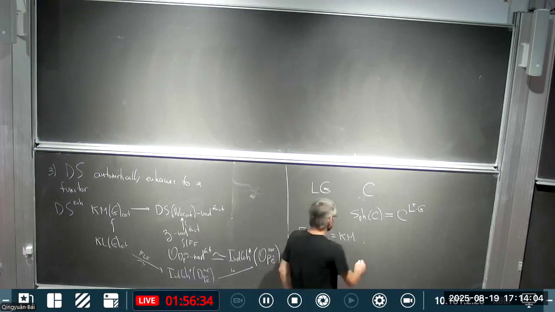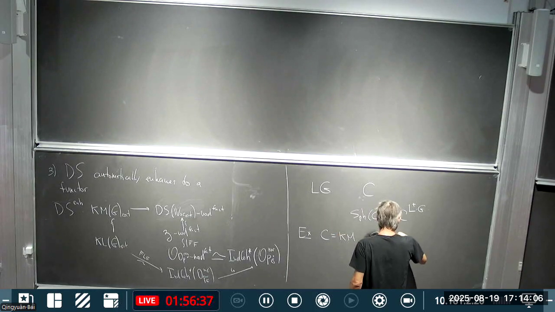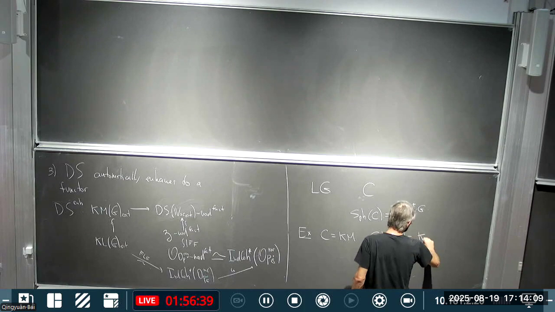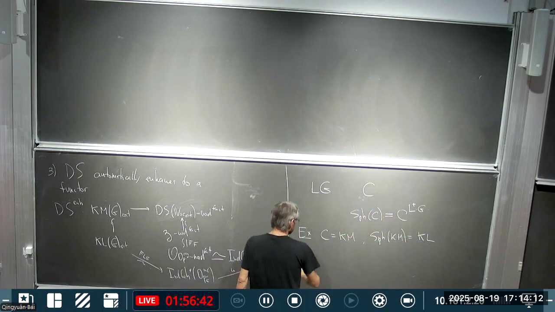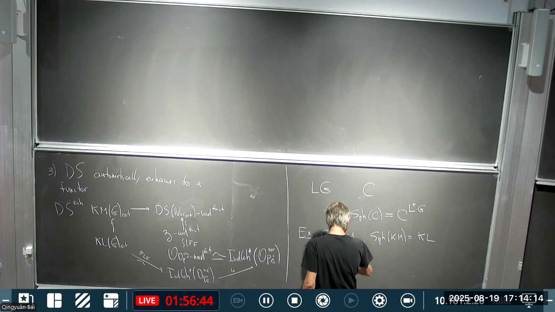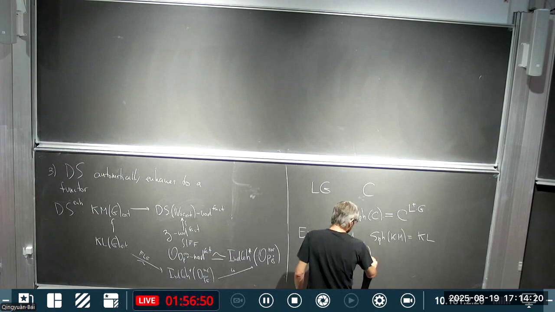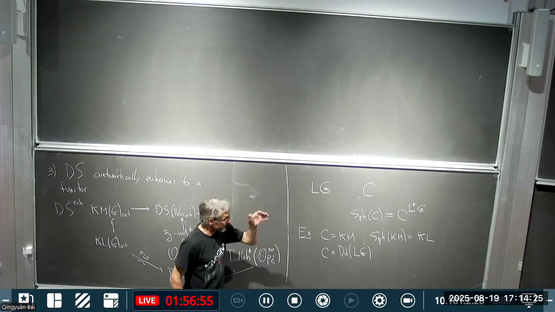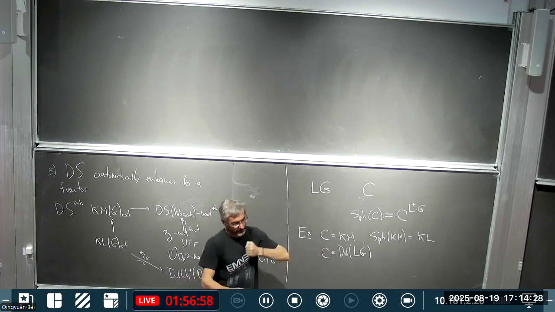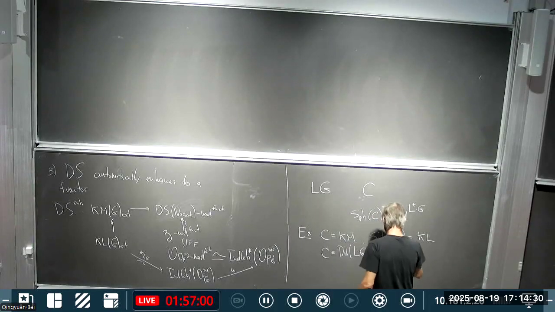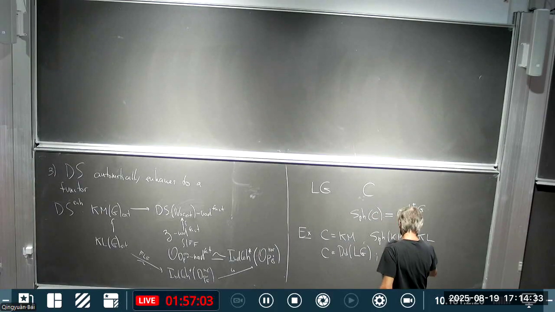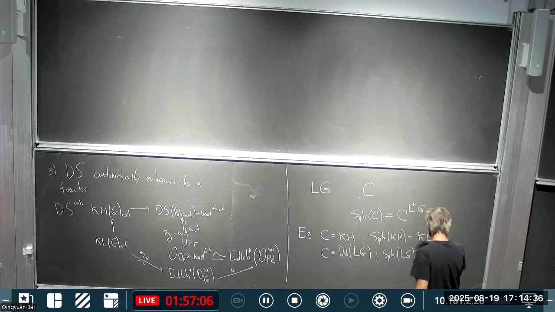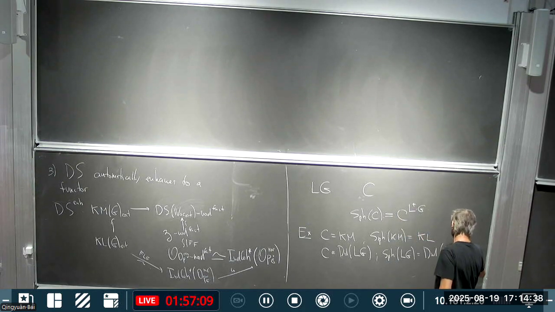So when C is Km, this split of Km is exactly what will give the right numbers. Other examples: you could take C to be D-modules of the loop group. Here you have to work a little bit because it's of infinite type. It acts on itself by left and right translations. Let's say take right translations, then split. Well, LG will be exactly the moduli of the Riemann-Grassmannian, as it should be, and so on and so forth.